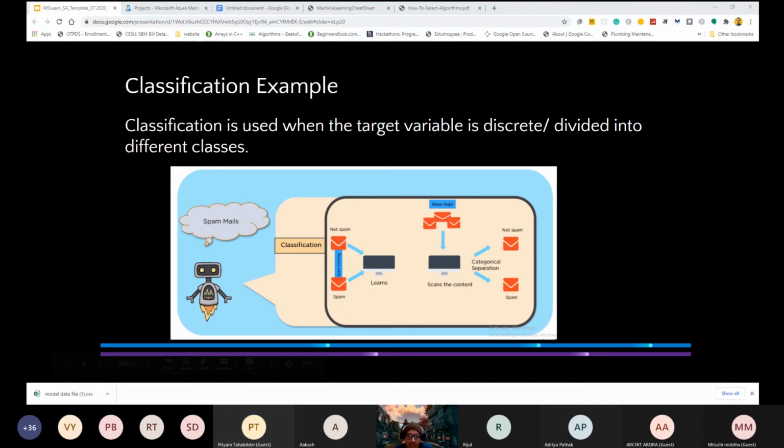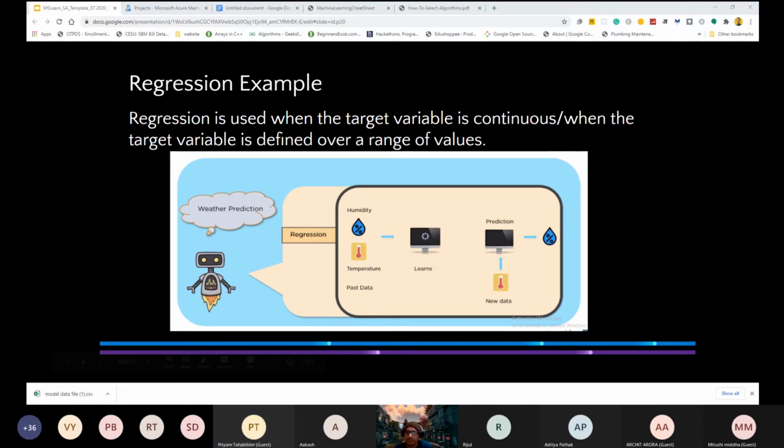The second thing is regression. If you want to predict a continuous value, such as the cost of a house or the weather outside in degrees, then you will use regression. So regression models are used to predict continuous values. For example, if you want to predict the price of a house, then you need lots of features that are all correlated with each other. For example, how many rooms there are in that house, where the house is located, and lots of other features. So this is an example of regression and what regression is.